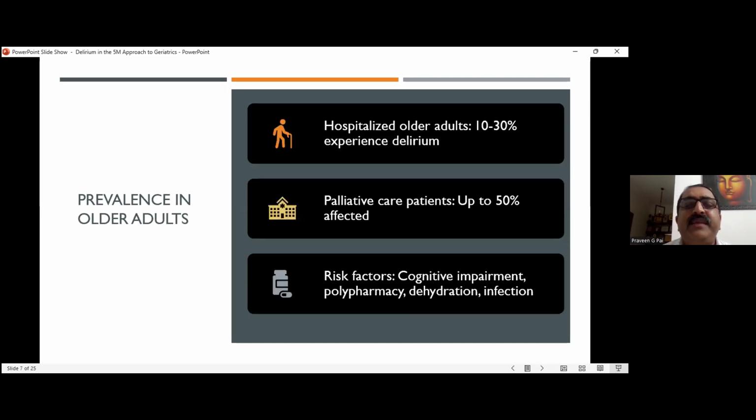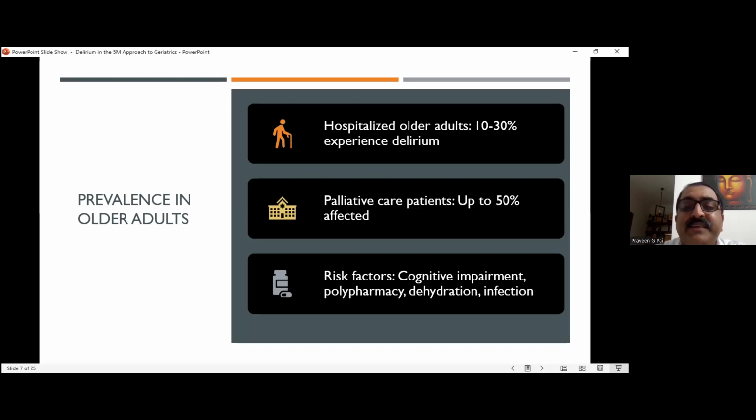The prevalence is very high. I found a few journals which say in palliative care, 1 in 2, especially in hospice, now they have delirium. Or towards the end of life, it's not always. It's not generally in palliative care. I think when I typed it, that point is missing. But it's not generally in palliative care, but towards the end of life, it is almost 50%.